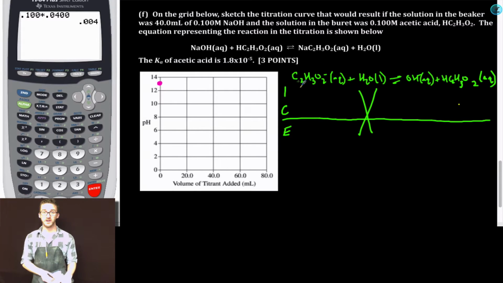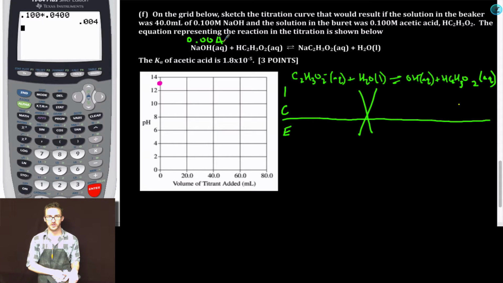Let's think about what the concentration of the acetate ion is going to be in solution at the equivalence point, and use earlier parts of the problem to help you out. We've got 40 mL of a 0.1 molar sodium hydroxide solution. We already did a calculation to determine the number of moles, that's 0.004 moles of sodium hydroxide. And so if I have 0.004 moles of sodium hydroxide, I'm going to need 0.004 moles of acetic acid to completely neutralize it,